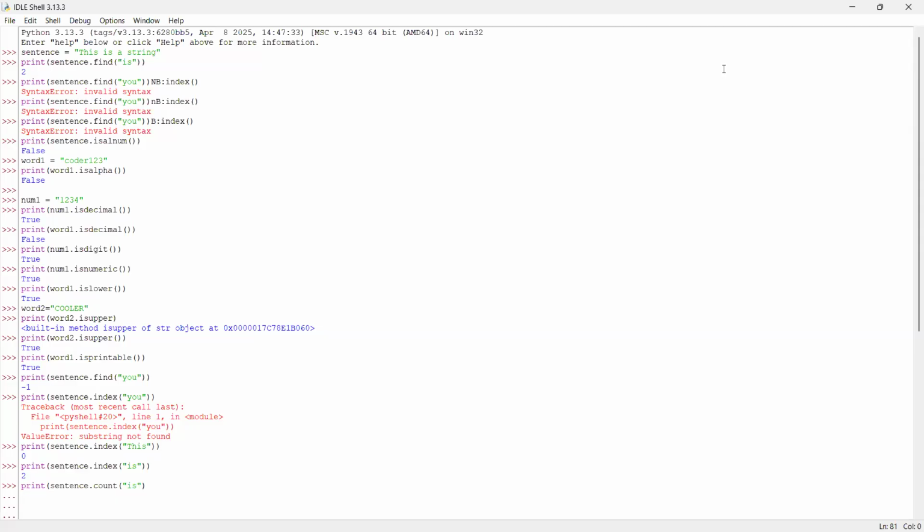What is this one called? Isdigit. Now I want you to take note of this method. Isdigit. It's only looking out for digits. I want you to take note of these methods because